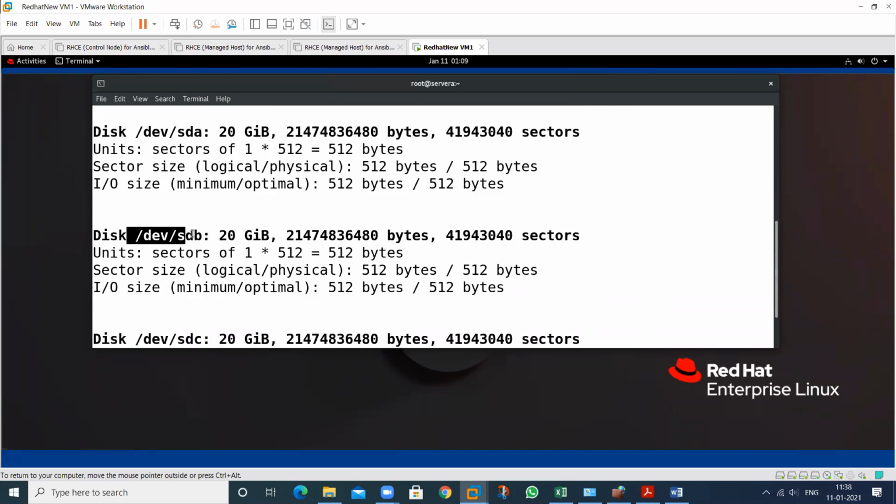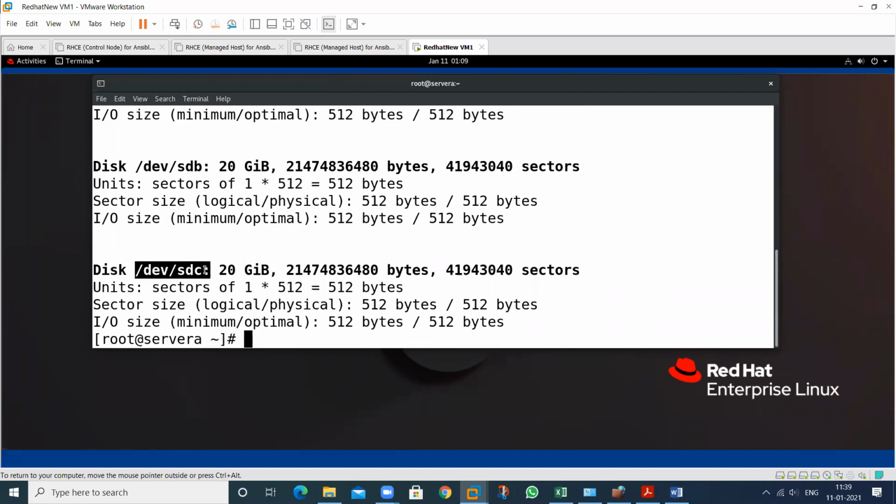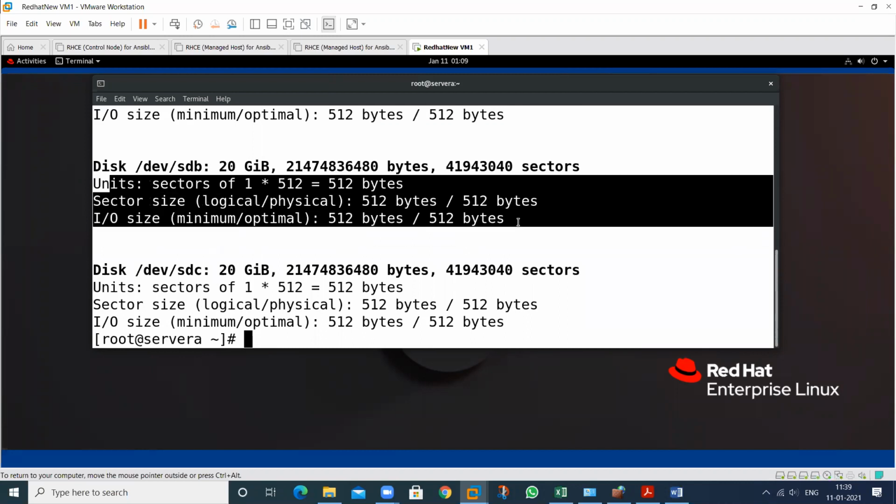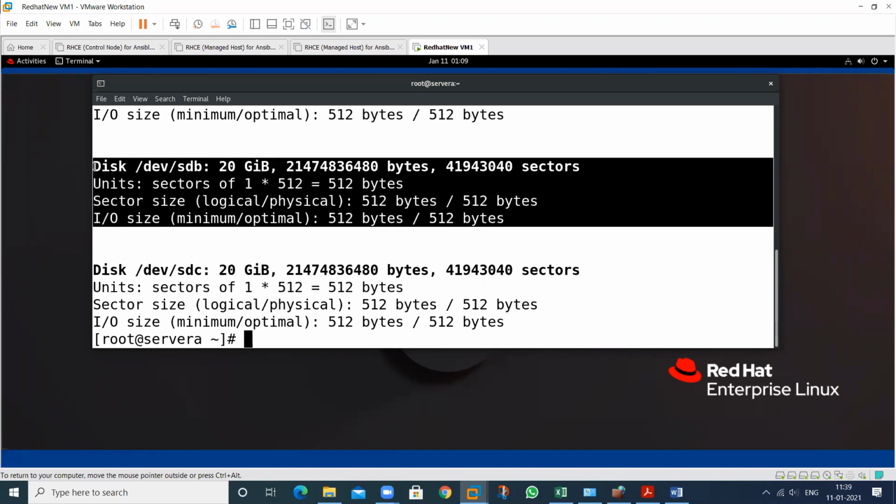This is called /dev/sdb. And this is the last one. And the size of this one is 20 GB. But at this time, there is no partition available in this. If you want to store data in this, you have to create the partition first. Then you are able to store the data.